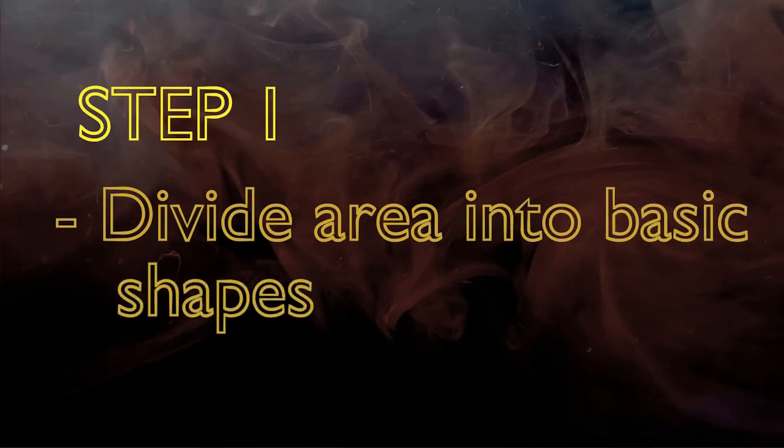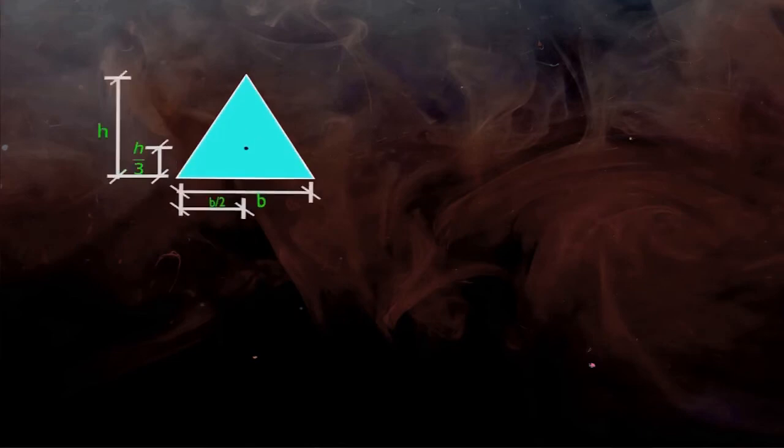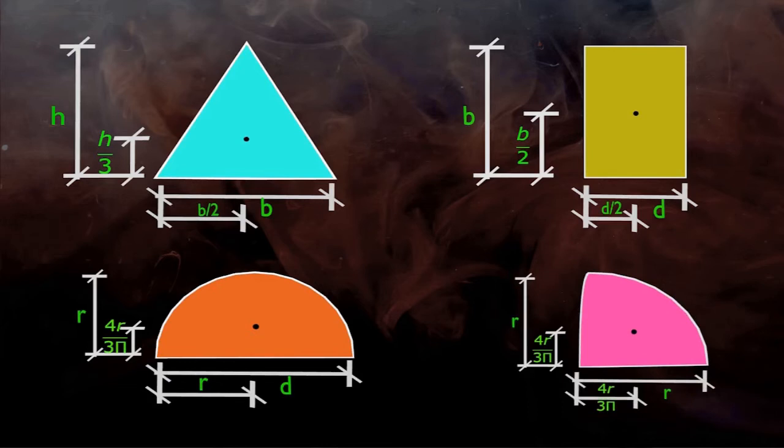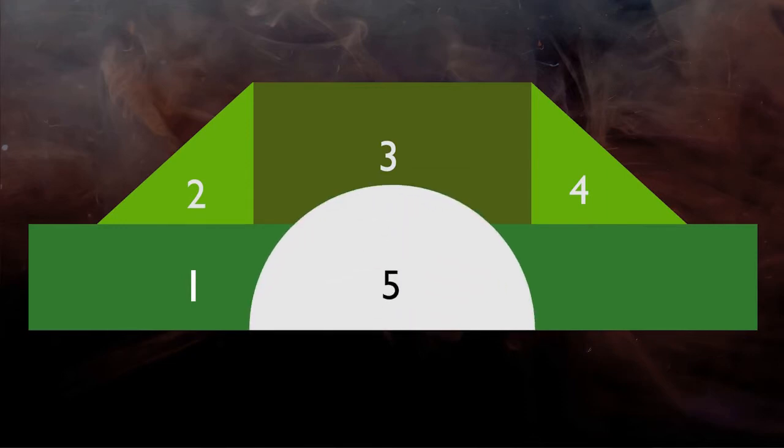First of all, we will divide the whole area into more basic shapes whose centroid locations are known to us. Centroids of some shapes are given in reference books, like triangle, rectangle, semicircle, quarter circle, etc. You can directly memorize these and use them in numericals. So let's have a look at some of the options we have to divide the whole area into smaller parts. First option is to divide the whole area into triangles and rectangles like this, and then the fifth part, that is the semicircle, will be deducted from the whole area.